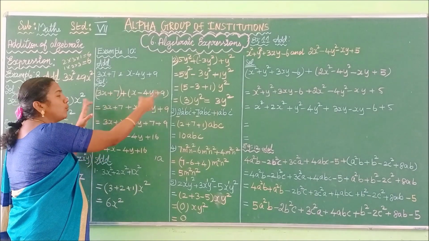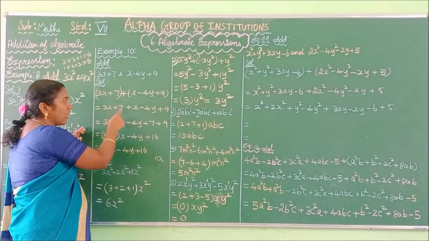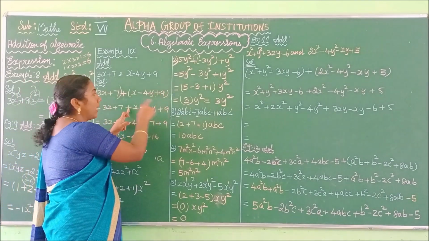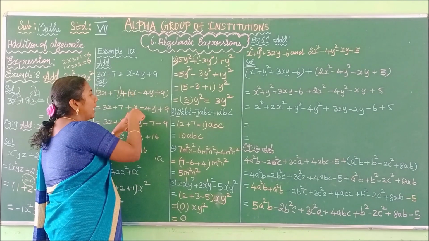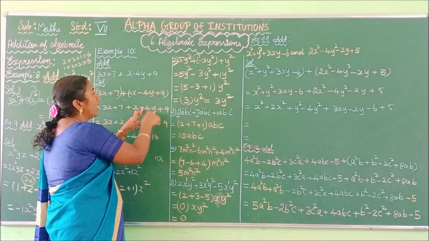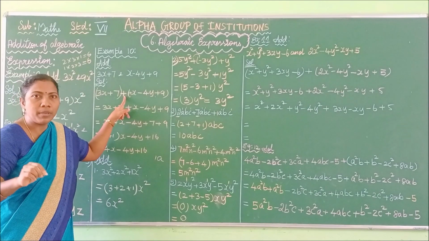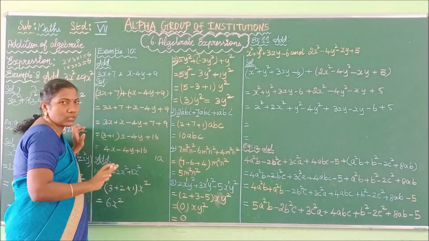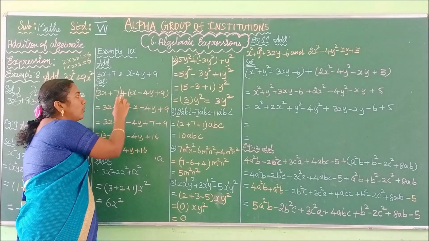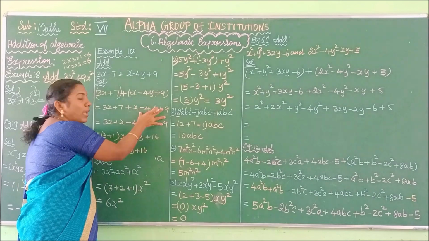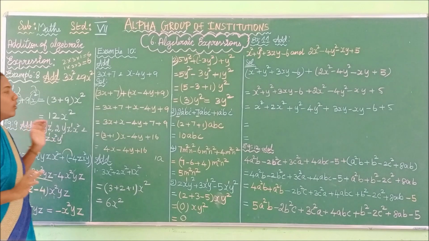Okay, now we are going to remove the bracket. Write the terms as they are. 3x plus 7 plus. Now we are going to remove the bracket. Plus into x, plus x. Here we have plus, so plus into plus, plus. So x, plus into minus, minus 4y, plus into plus, plus 9. Outside the bracket, if you have the plus symbol, the terms come as they are. Okay, do you understand? See here, x minus 4y plus 9. Okay, do you understand? Now we are going to add this.